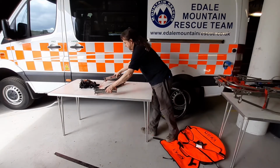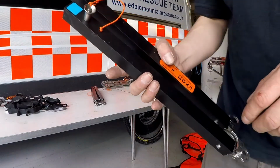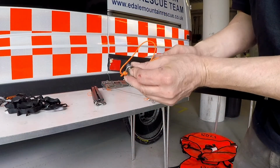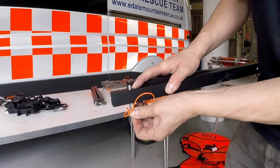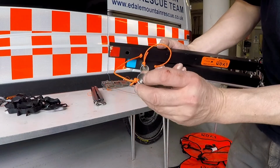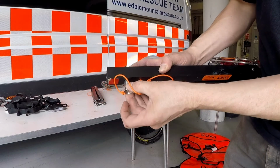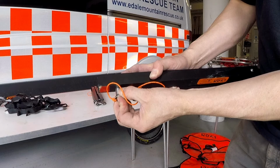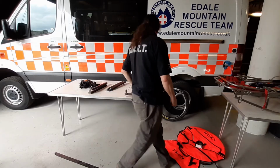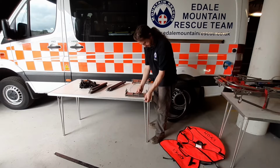So start off with the cross beams. All of the locating pins on the stretcher work in the same way. There is a central pin which you push in, and that releases these 2 ball bearings which are stopping the pin from coming out. So to put the pin back in again, push in, let go, it's locked. Push the pin in and pull the outer pin out, and it comes out. So, if we take the pins out,